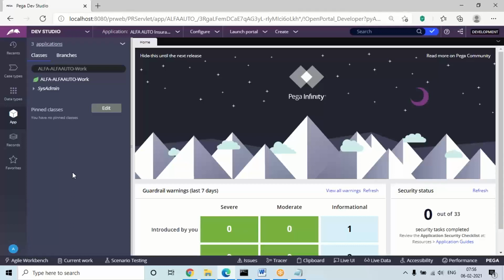If you want to define any framework and implementation, we'll use this new application wizard and complete the setup. From the next topic, in the next session we'll understand the types of classes and inheritance. Then we'll start the main rules, and then how to develop the rules in Pega based on the requirement. So that is about this process.